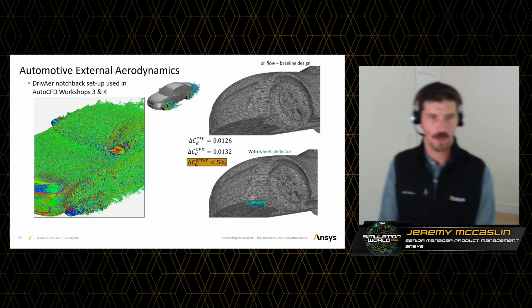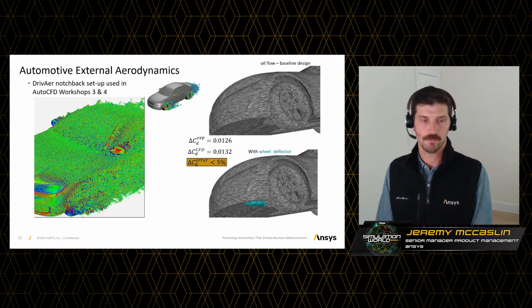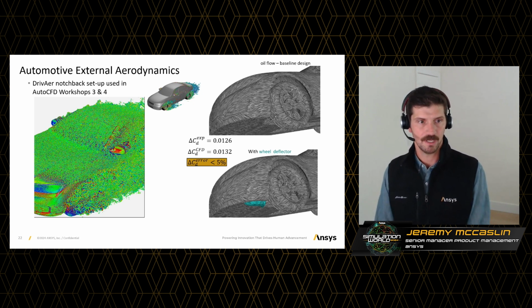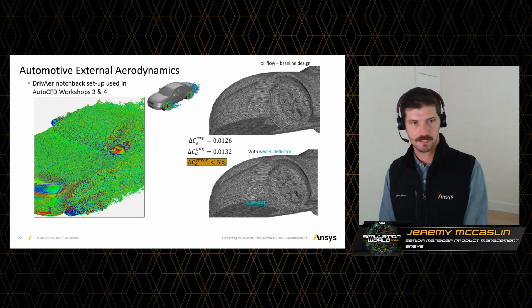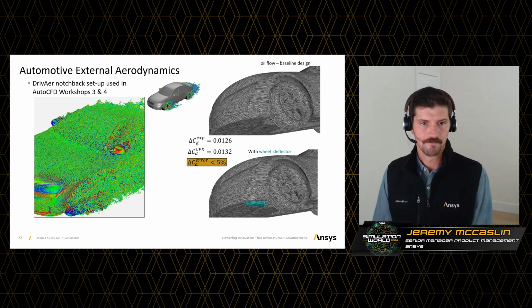So here we're looking at automotive external aerodynamics. This is a well-known industry benchmark called the DrivAer model. This was presented at the AutoCFD workshops 3 and 4. In this case, I believe this was a 500 million cell case, and we are looking